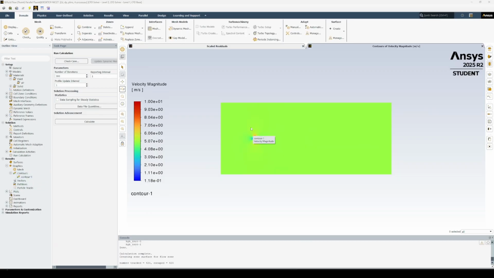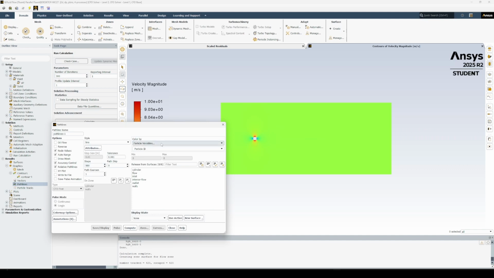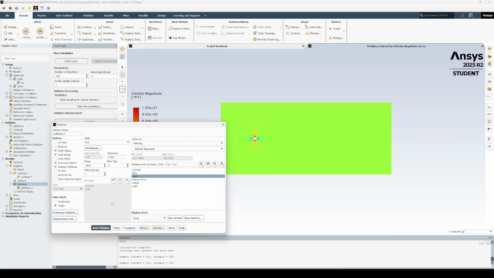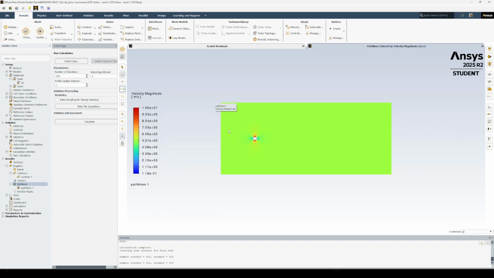So from the velocity magnitude contour, we can go to path lines. We're going to change color by velocity, and it'll automatically change to velocity magnitude. We're going to keep that. Steps will be 3,000, just so it shows the whole test section. Surfaces will be inlet, displaying the velocity going through the test section over the cylinder. So we're gonna press save and display, close, and here we can